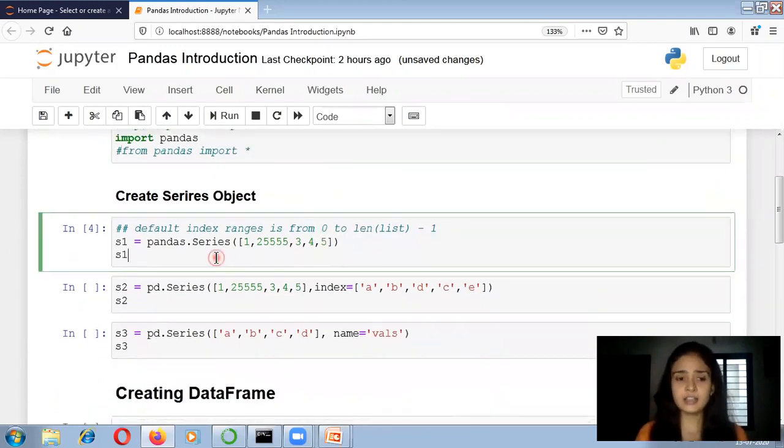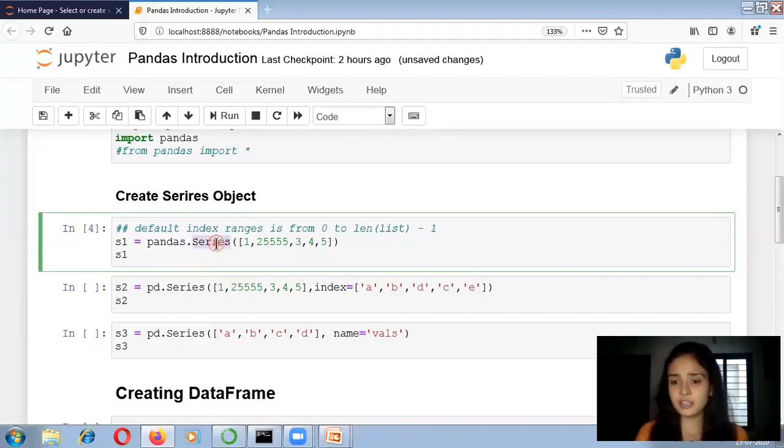For creating the Series object, I have to write the whole name, pandas, the dot operator, and Series, because Series is a method which is present within some class. So I have to call this method with the help of the dot operator.